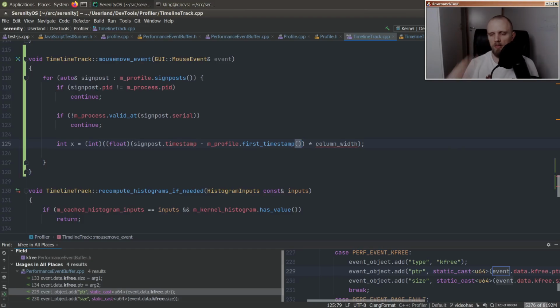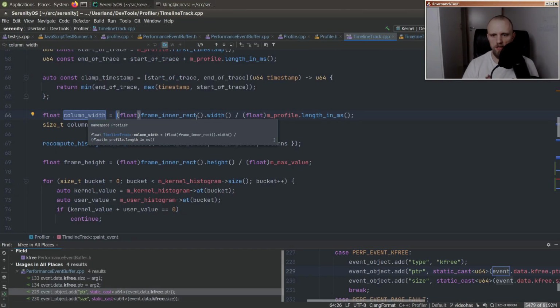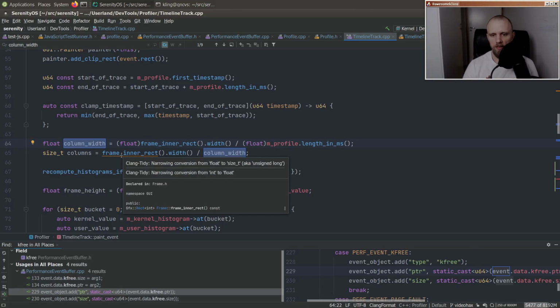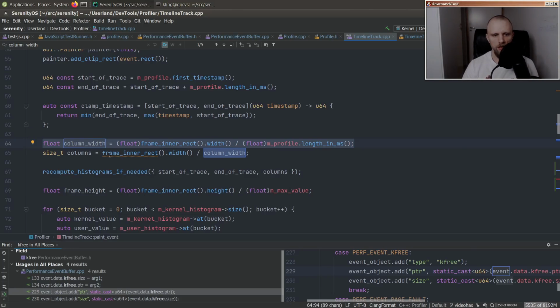First timestamp, no problem. The column width is, oh, I guess it is the width of each histogram bucket, but it respects the UI scaling. So if you zoom in and out, then it will respond to that. So I think maybe what we should do here is